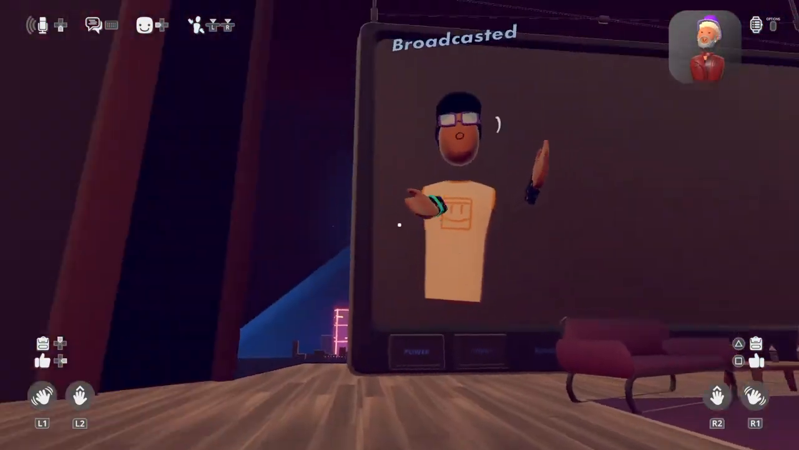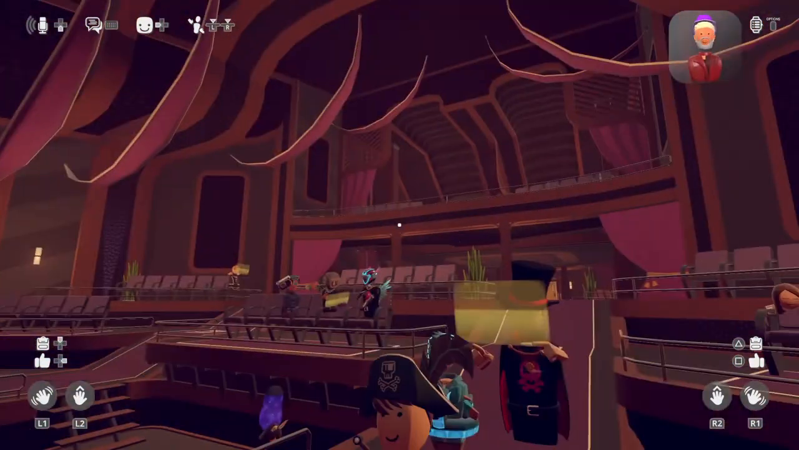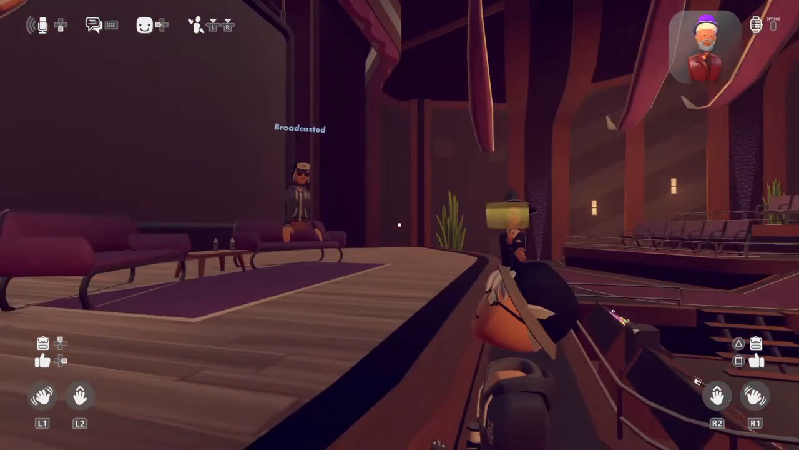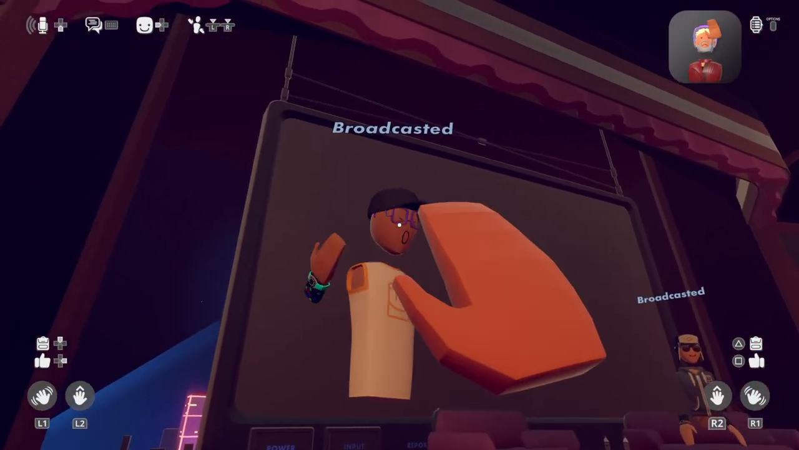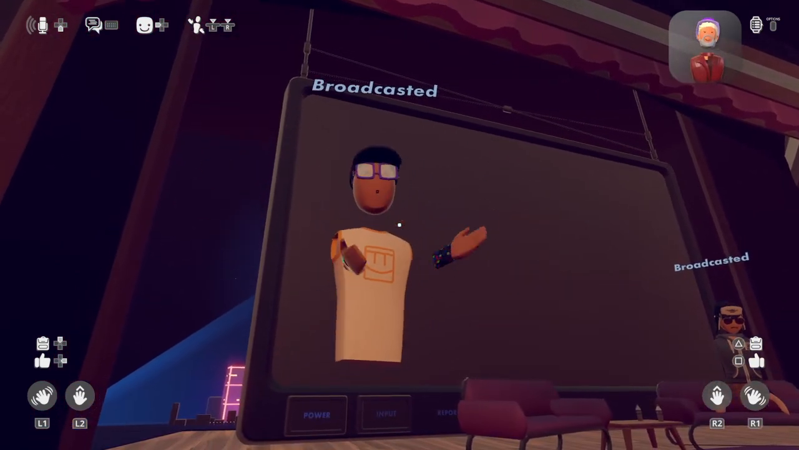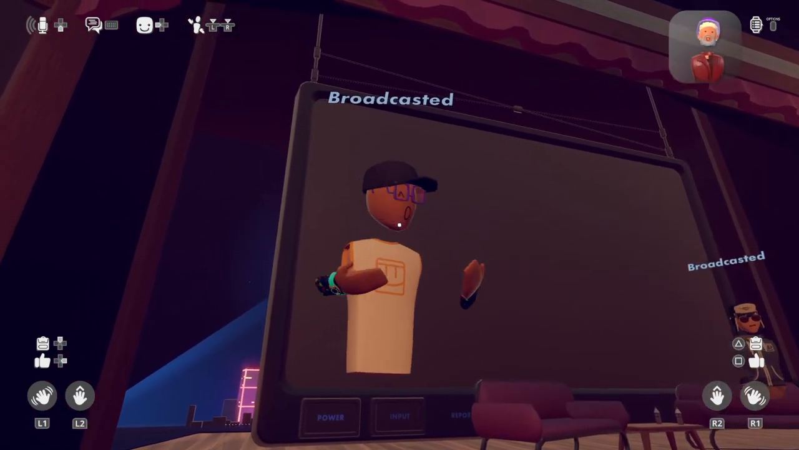So Pocky's question is, will we ever be able to use the broadcast feature for our games? That's a great question. This new broadcast feature is where you can have certain people broadcasting and appearing all across the room. Yes, the idea is that this will be available to